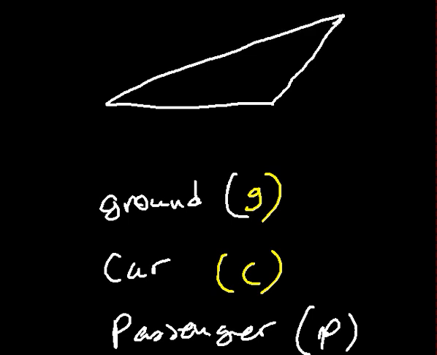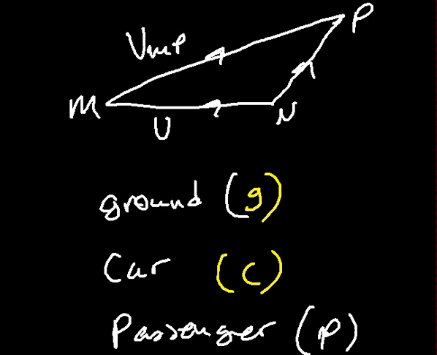Let's say we have that case, and say this is M and P. So for this case, this is velocity of M with respect to P, velocity of, let's say, M with respect to N, and we'll have the velocity of N with respect to P. So using the triangle of adding vectors, this would be given as